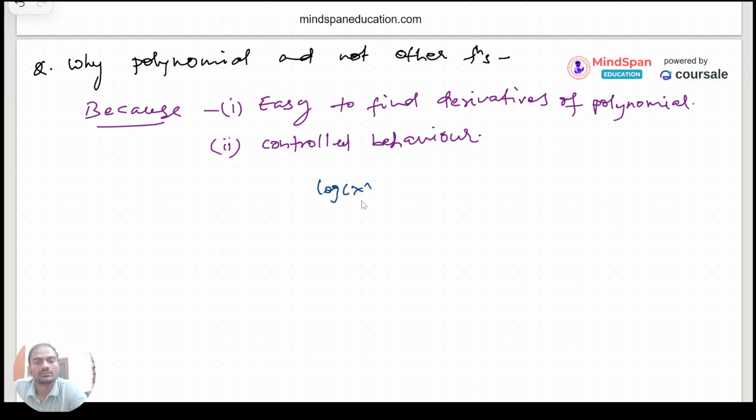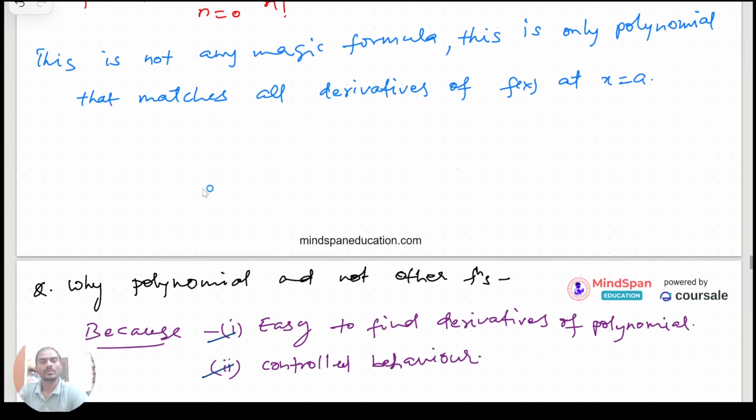हम यदि log x ले लिए अप्रोक्सीमेट करने के लिए, या sin x ले लिए, वो फ्यूचर में चल के कैसा बिहेव करेगा, किस टाइप का करेगा, ऑसिलेटरी फंक्शन है, डिफरेंशियल एग्जिस्ट करेगा किसी पॉइंट पे कि नहीं करेगा, तो हमें नहीं पता होता है, राइट। इसलिए हम ये सब चीजें नहीं लेते हैं, हम पॉलिनोमियल लेते हैं ताकि हम इंश्योर हो सके कि वो इजीली डिफरेंशिएबल हो, और कंट्रोल्ड बिहेवियर उसका फ्यूचर में भी हमें पता चल सके कि इरेटिक नहीं होगा। हायर ऑर्डर डेरिवेटिव, हायर पावर जब हम यूज करेंगे तो उसका बिहेवियर कंट्रोल्ड हो, और प्रेडिक्टेबल हो, ताकि हम उस पर रिलाई कर सकें, इसलिए पॉलिनोमियल लेते हैं।